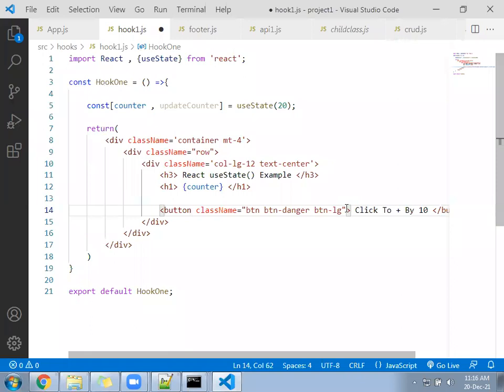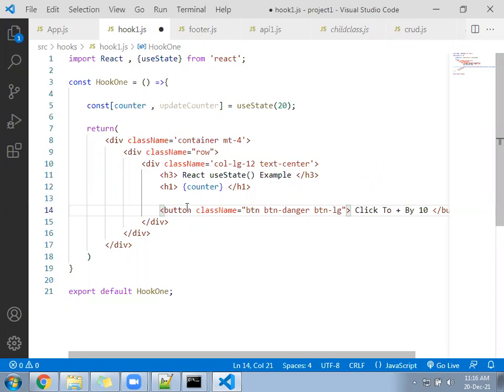Now on the click of that, you will call a function.